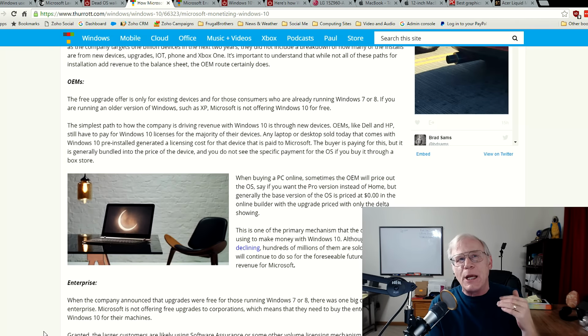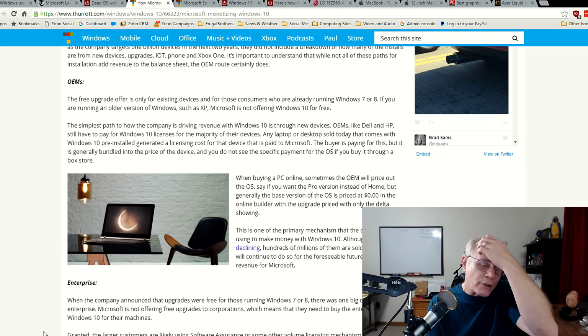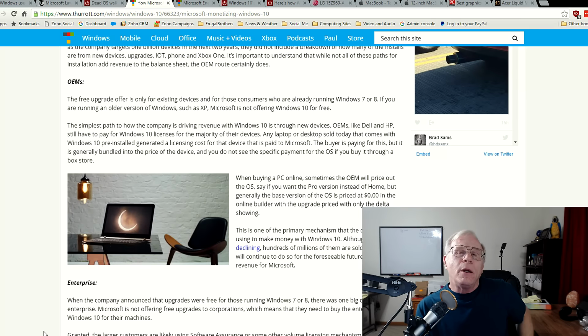And I think that is how they have mostly made their money over the years, through their OEM partners. Relatively speaking, few people actually purchase upgrades of the operating system, relatively few. And then on top of that, you would have system builders and that kind of thing buying licenses, but mainly is where the OEMs come into play.